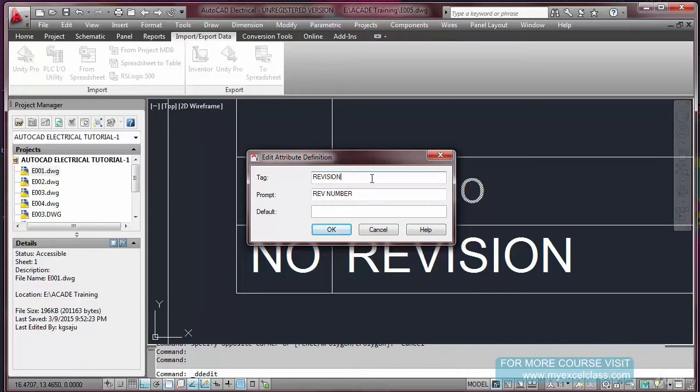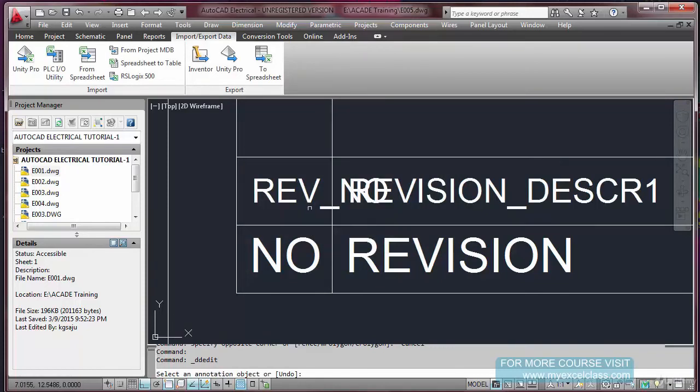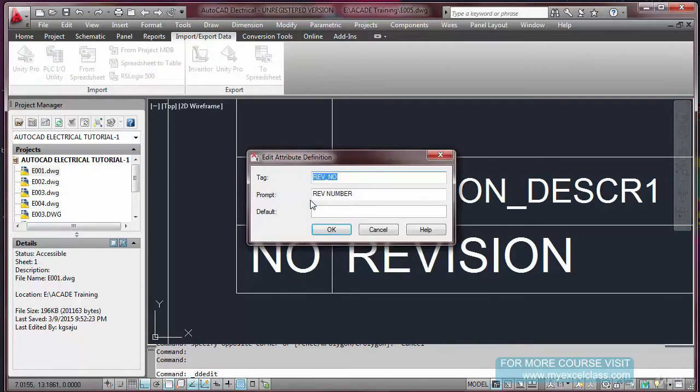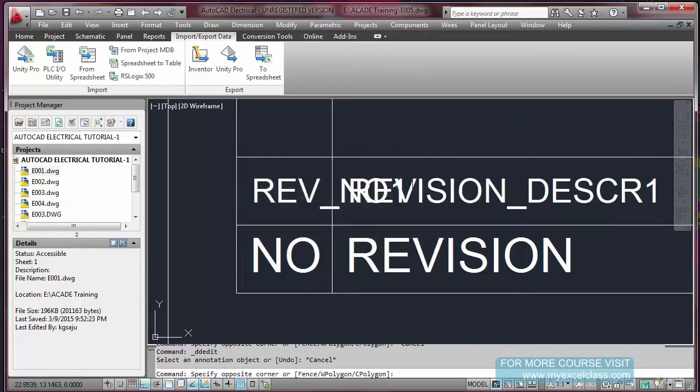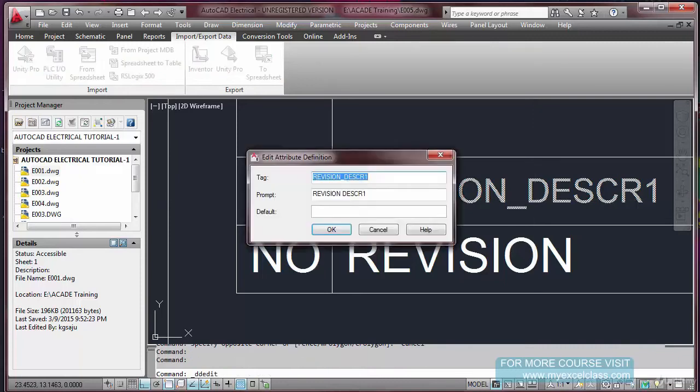Revision description. Again, you cannot provide a space here. Description 1. What was this? Revision number 1. This revision to description. Yeah, fine.